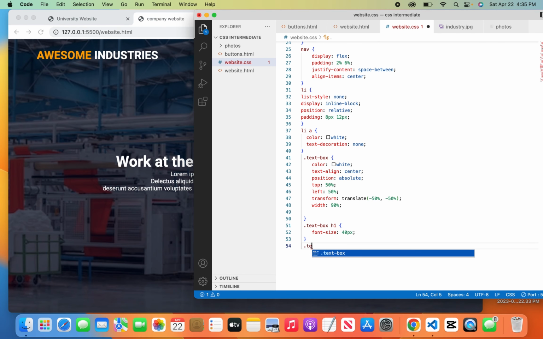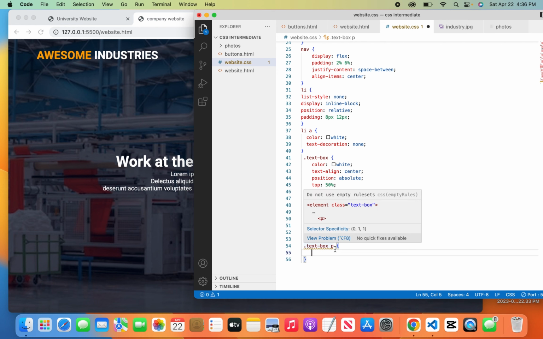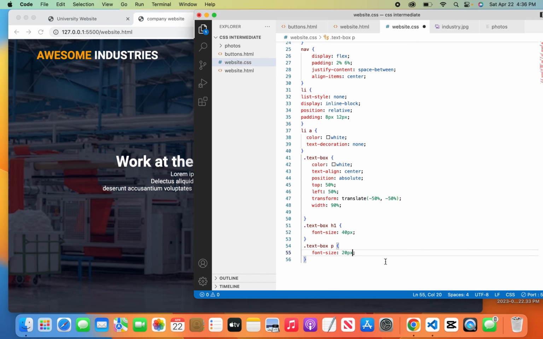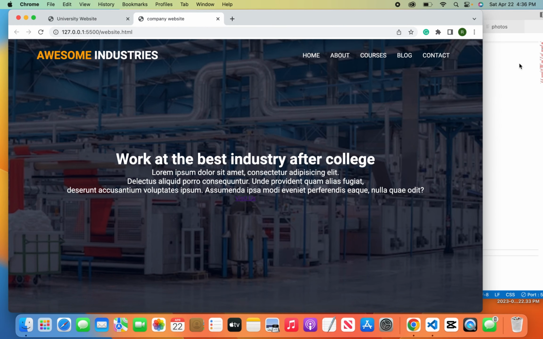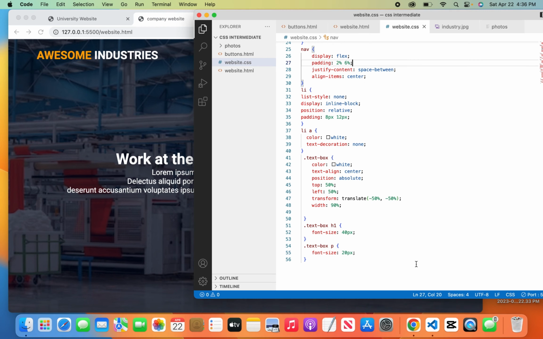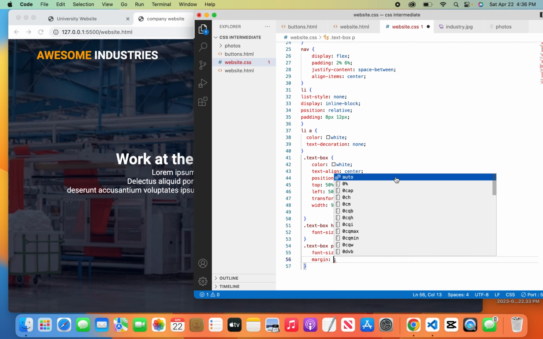I would also want to style the paragraph. I do the same thing. Dot text box, I call up P. So for the paragraph, I want to also style the font size and style the margin. So I will just style the font size, and I'll call this 20 pixels. Okay. And I also style the margin here, and I give it a margin of 10 pixels, which will represent from the top